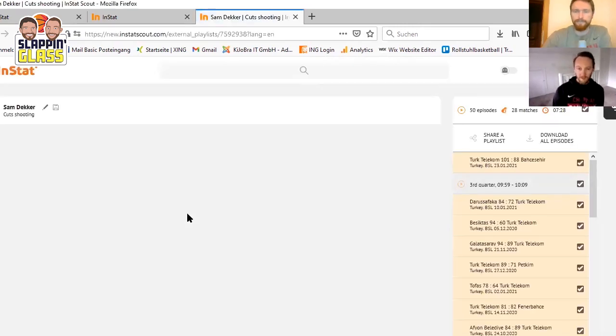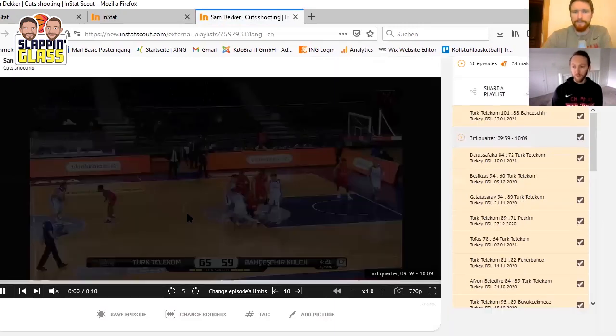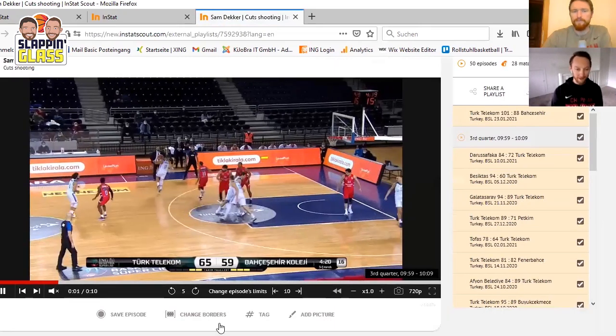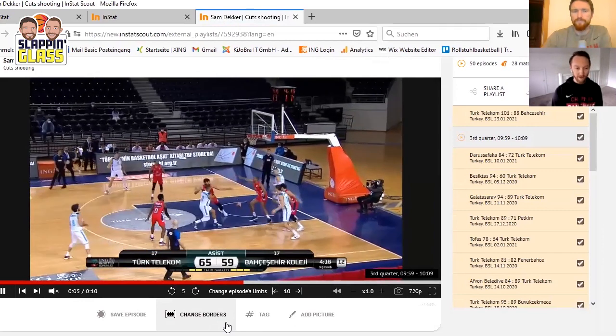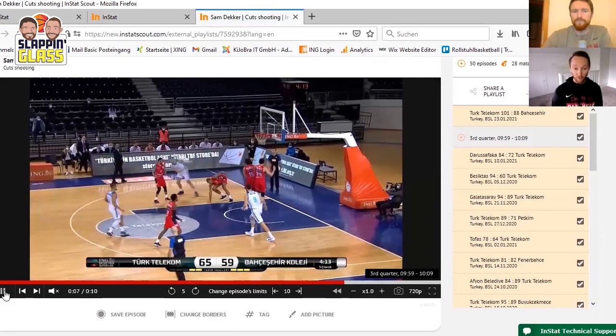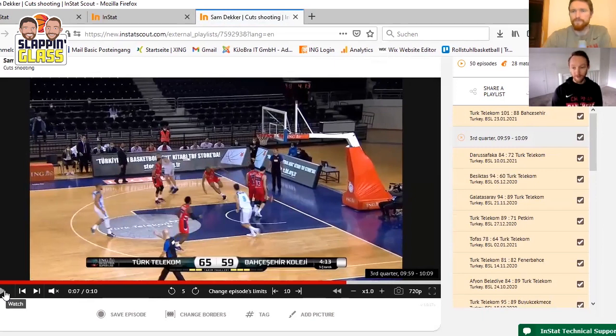And this was good for us, Pat, because with these cutting clips, we did talk with Sam about it. For us, we can quickly see what he's really good at, roll through a bunch of these clips, and then come up with ideas for the podcast of, okay, Sam, let's talk about baseline cutting, or let's talk about the pick and roll cutting. What are you reading? What are you looking at? And this is a very simple way for us to get a broad idea of what he does well,